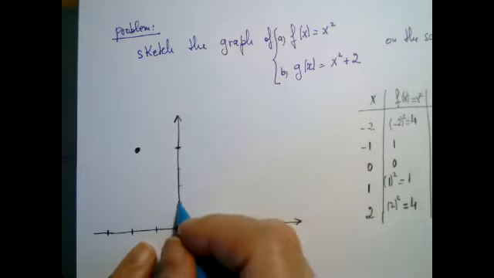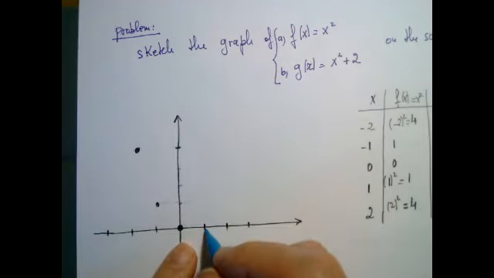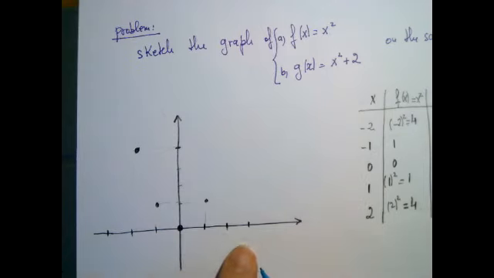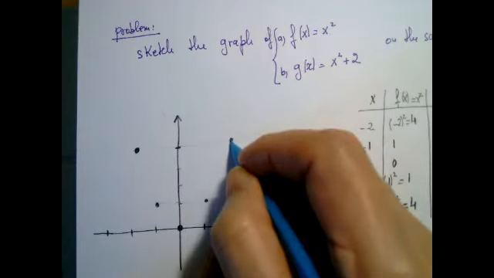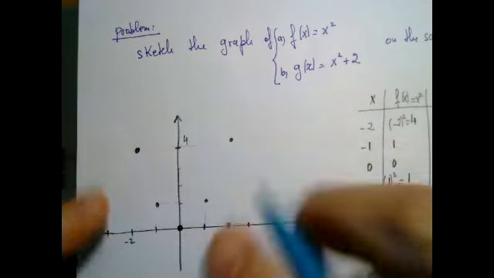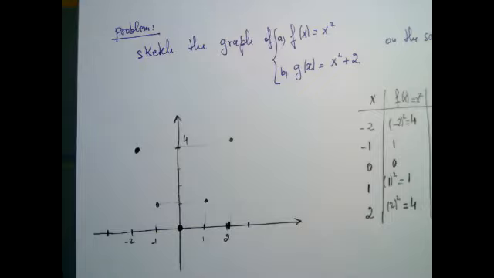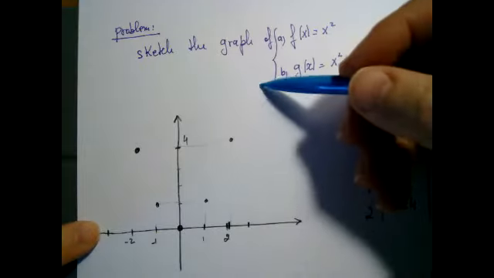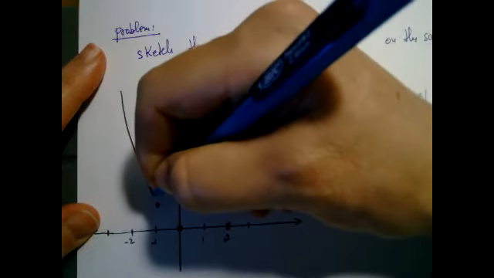And at 1, I am right here. And at 2, I have total symmetry because I have 4. So -2 and 2, I have 4. -1 and 1, I have 1, total symmetry. And then at 3, I have 9. At -3, I have 9. So if I collect those, I'm going to have